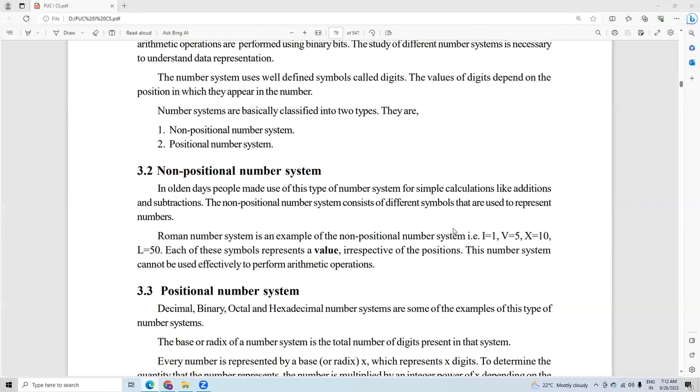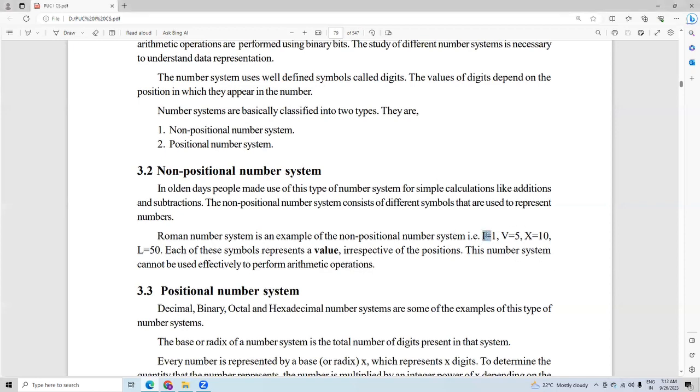They used to have some symbols for representing the numbers. They were not having direct numbers like what we are using nowadays. One example for this is the Roman number system, which is an example of a non-positional number system, where you can see that